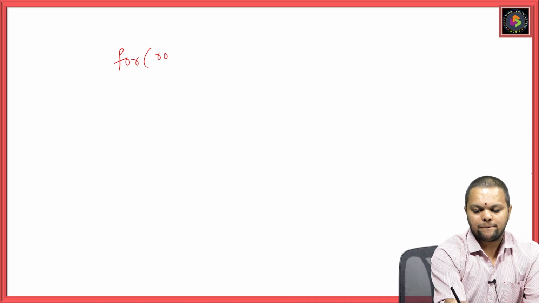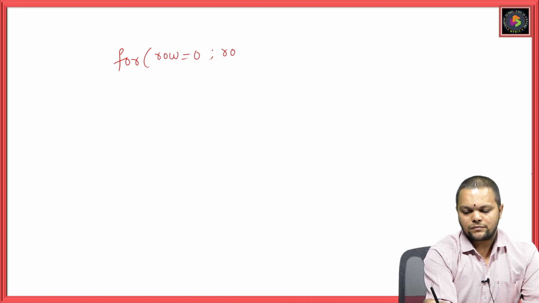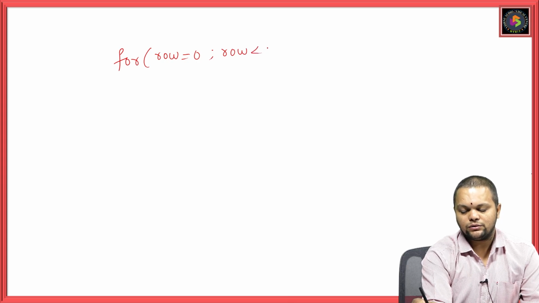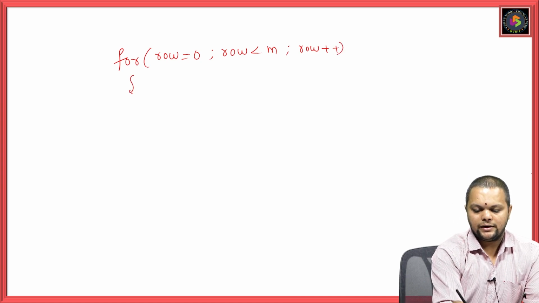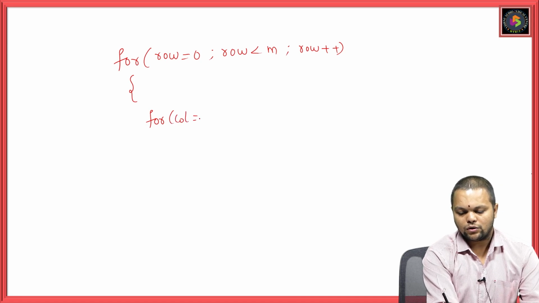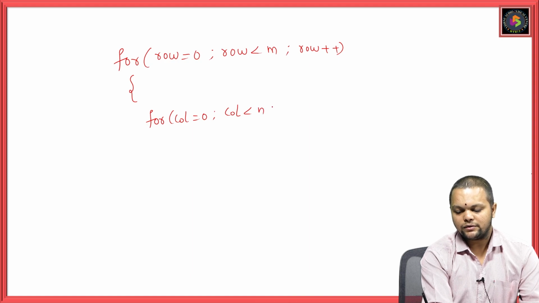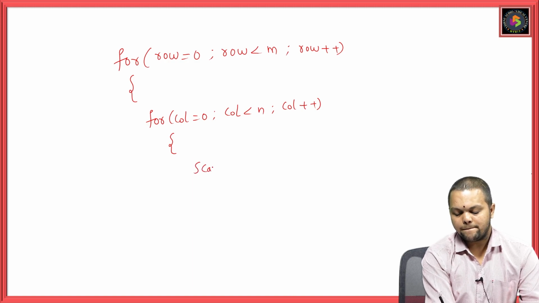I will say row equal to 0, row is less than some value m, row plus plus, and again column equal to 0, column less than n, column plus plus. So what I will take here, scanf